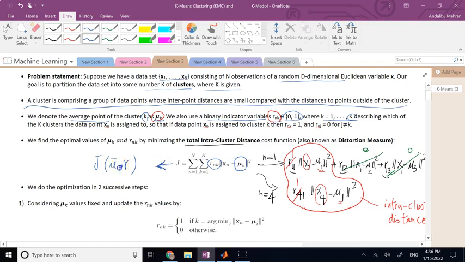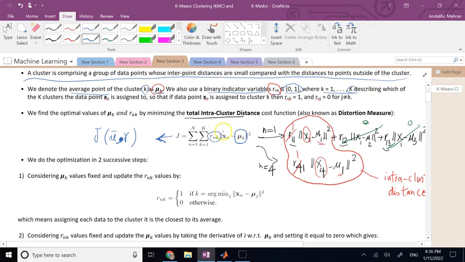So we try to find R entries and mu values that minimize the function J. Now for R, it's not so hard because J is a linear function in terms of R, and these R's are only 0 and 1. So it's very obvious and simple from optimization to show that if you set the derivative of J with respect to r_nk equal to 0,